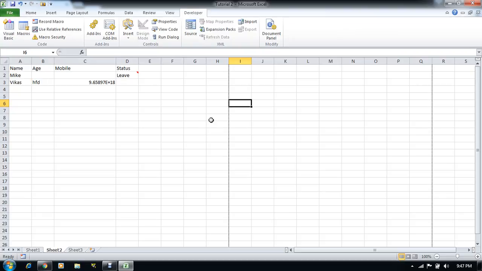And this is the developer tab. As it is the Excel tutorial, we will not be learning this developer tab here, because it is related to Visual Basic programming, which is VBA. But I just wanted to tell you about this developer tab as well. Here we have the options related to Excel VBA programming, and by default this developer tab is hidden. So I have just shown this developer tab.